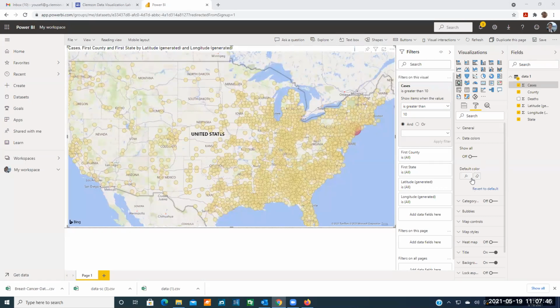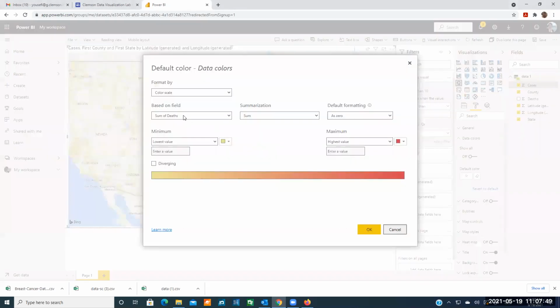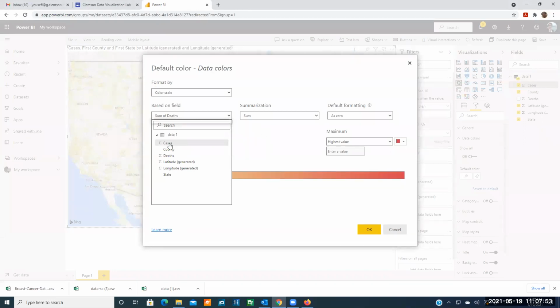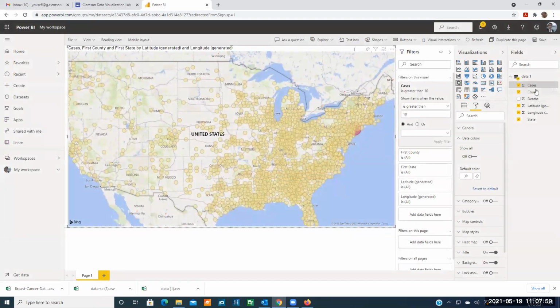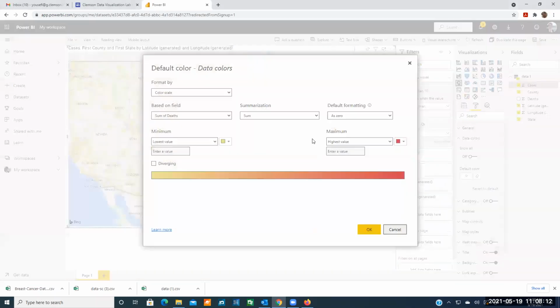That's strange because you should be able to. You should see the data and different fields. Before opening this window, do you see the cases, county, depths, latitude, longitude, and state in the right side in the fields? If yes, it should be... Yes. When I click on that, if I click here,